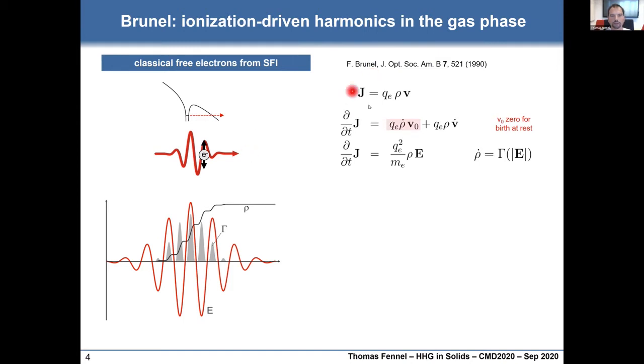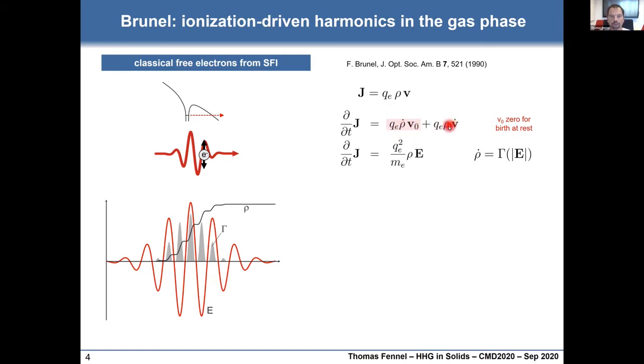And these electrons then generate a current density, which of course just scales by the charge of the electrons, the density, and their average fluid velocity. And for radiation, we need the acceleration. So let's take the time derivative, which creates two terms as a product rule. The first term is just the derivative of the population times a velocity, but this velocity is basically the burst velocity of electrons that are created at the end of the tunnel in a tunneling picture. And there are reasons to argue that this is almost zero. So Brunel also neglected this term.